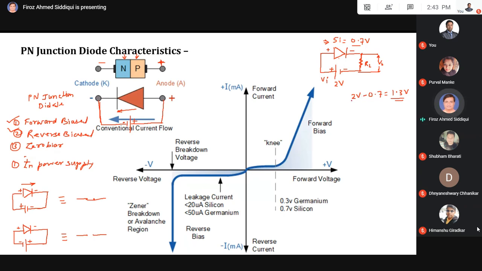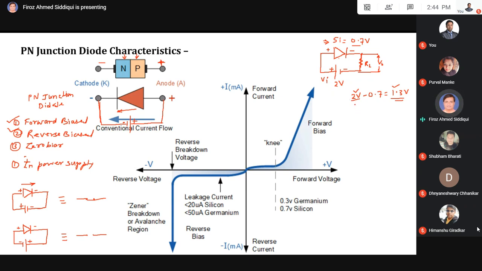So if we compare this 2 volt with this 1.3 volt, then this 2 volt is definitely greater, but this 1.3 volt is not negligible as compared to 2 volt. So in this case, if the supply voltage is less, we cannot consider the diode as an ideal diode,